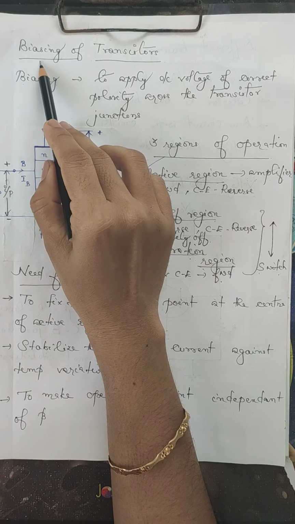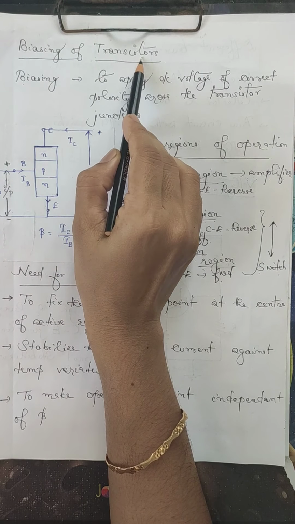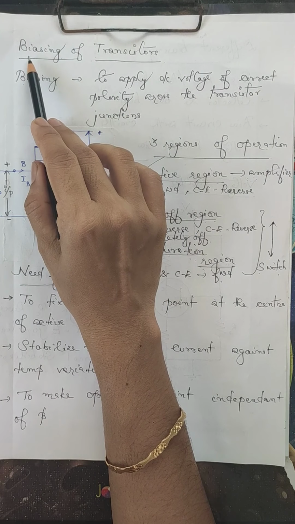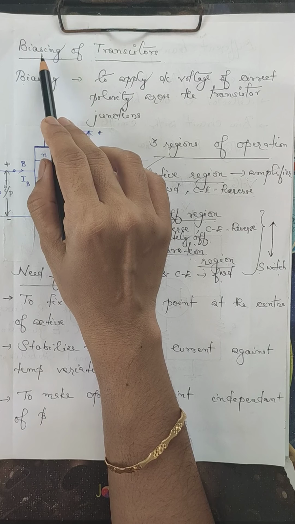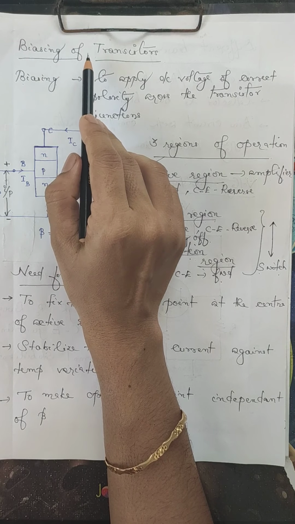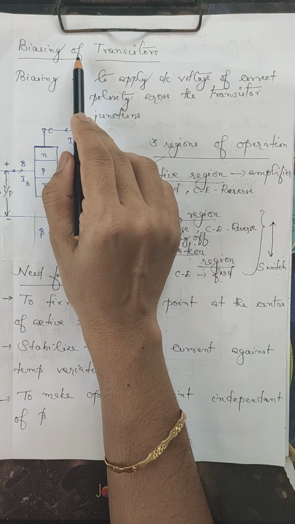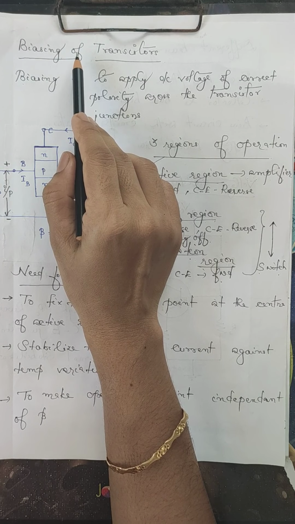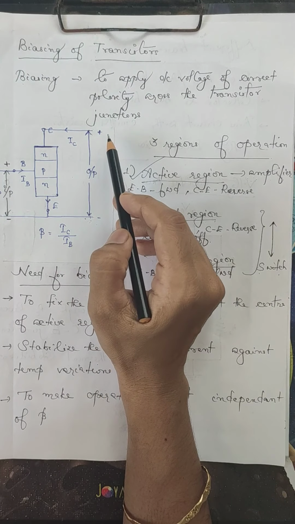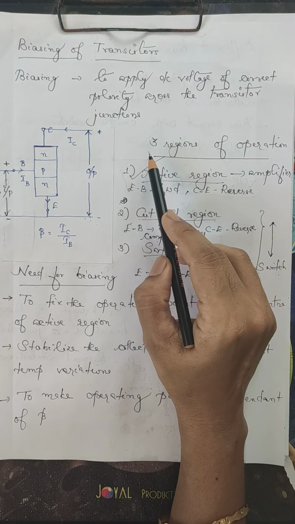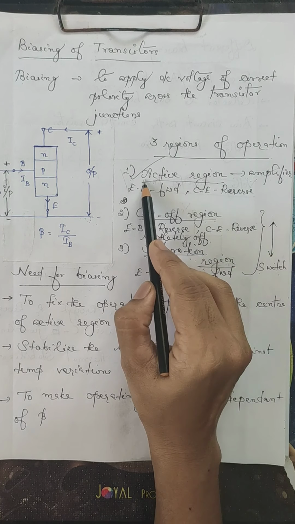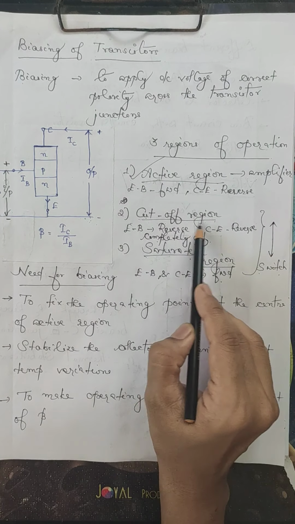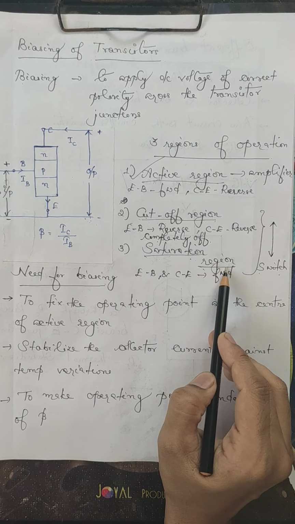Next topic of module 5 is biasing of transistors. All of you are already familiar with this term bias. In module 4, we have studied the forward bias as well as reverse bias of PN junction diodes. In that module, you have also studied the input and output characteristics of a common emitter transistor. In the output characteristics, there were 3 regions of operation: active region, cutoff region, and saturation region.